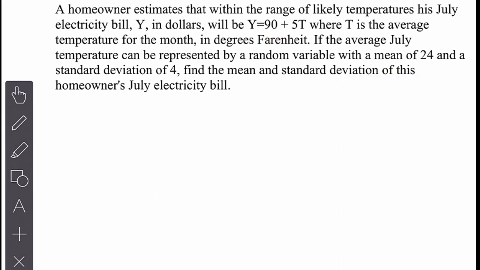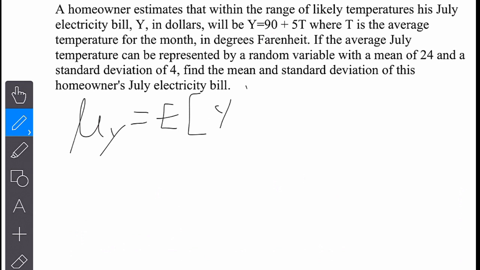Right, this is the fixed portion, the 90. If the average temperature can be represented by a random variable with a mean of 24 and a standard deviation of 4, find the new mean, in other words, and the new standard deviation for the July electricity bill. So for this, you would use the E operator. So the mean, actually let me write it as the mean for Y. Now you don't have to be so fancy. I know what you mean if you just write E of Y, and then